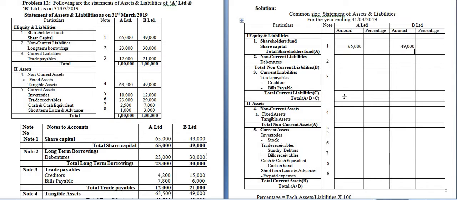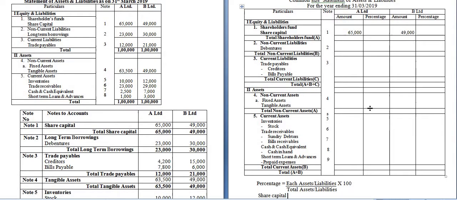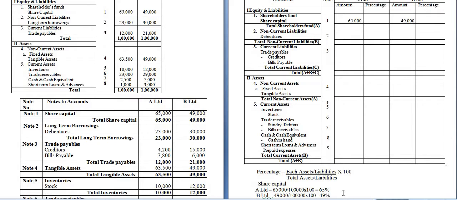Now we need to find out the percentage. And the formula of percentage is equal to each asset or liability divided by total assets or liabilities into 100. Now we are calculating percentage for share capital. Okay. The percentage of A Limited, the amount of share capital of A Limited is 65,000 divided by what is the total liabilities, 1 lakh. So divided by 1 lakh